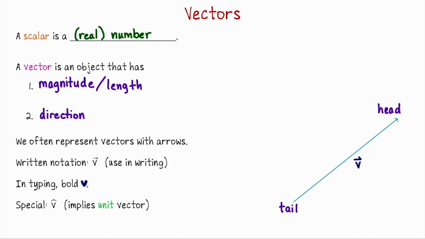And then a little later in this course, we're going to have an important family of what we call unit vectors. A unit vector, just to give you a quick definition, is a vector whose length is 1 unit long. We will sometimes distinguish unit vectors with this kind of hat symbol. So if you see v hat like this in this course, that typically means a vector which is 1 unit long.